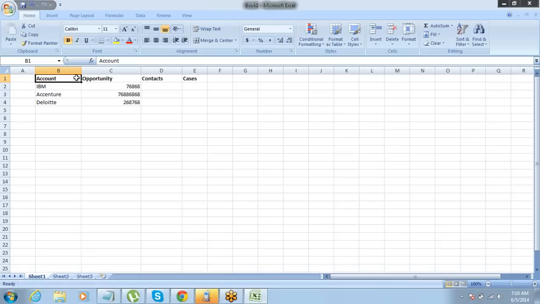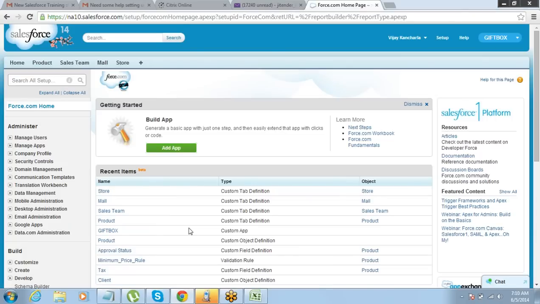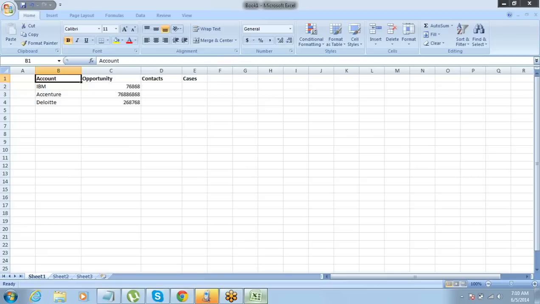Same way, if you start designing an application for your HR team, most of the things will be related to employee, beneficiaries of employee, the benefits of employee, appraisal of employees, because that is going to be the central object there. So it is correct to some extent that most of the objects will be related to account, but there is no hard and fast rule that it has to be. Does that answer your question?